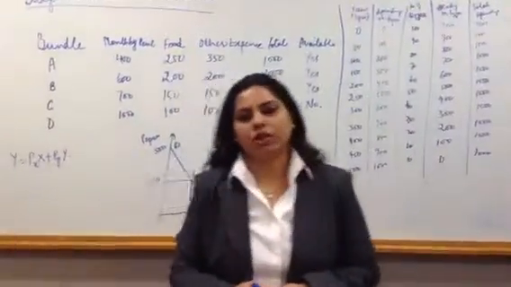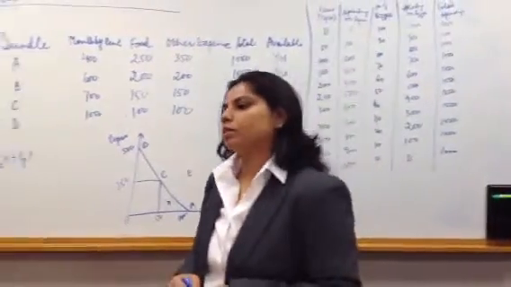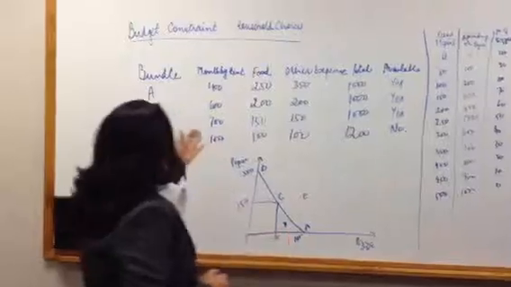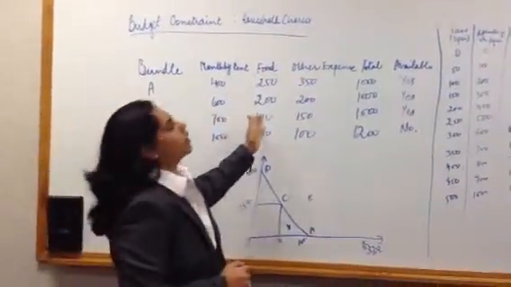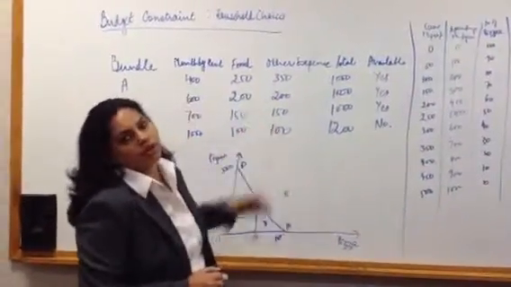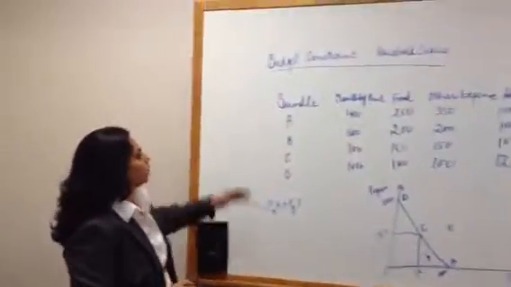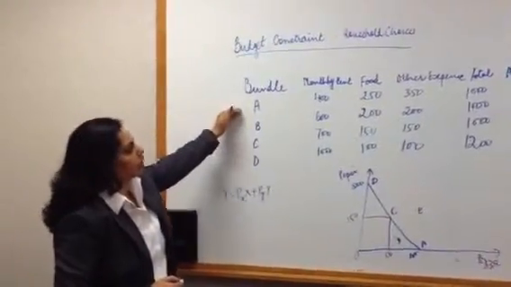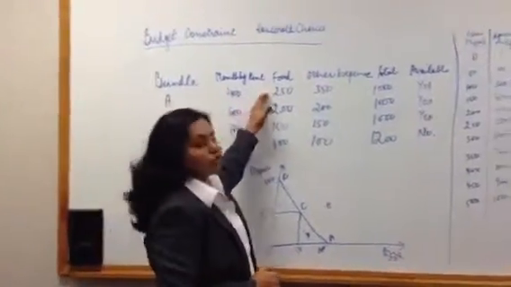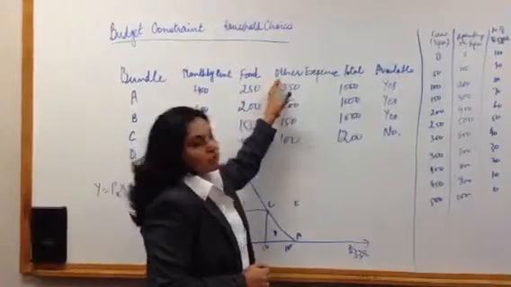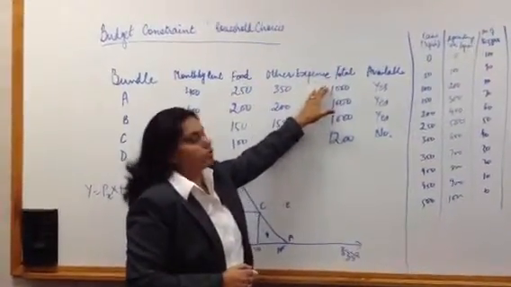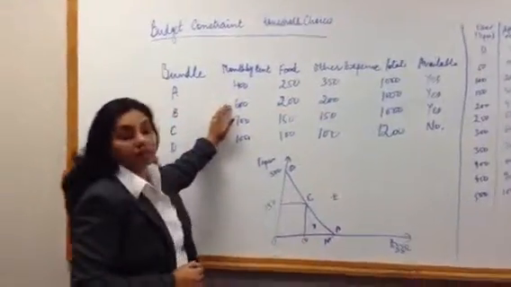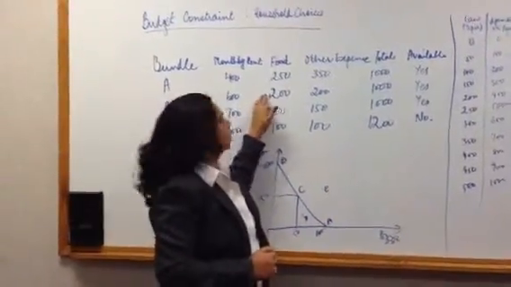Let's take a case of a consumer called Anna. She has a monthly income of $1,000 and she would like to spend it on monthly rent and food. There are certain other expenses, and let's see how she makes the choices. Now she has four bundles of options available. Bundle A gives 400 for rent, 250 for food, and other expenses are 350; the total is 1000, which is her income. The next bundle shows that the 1000 income can be divided into 600 for monthly rent, 200 for food, 200